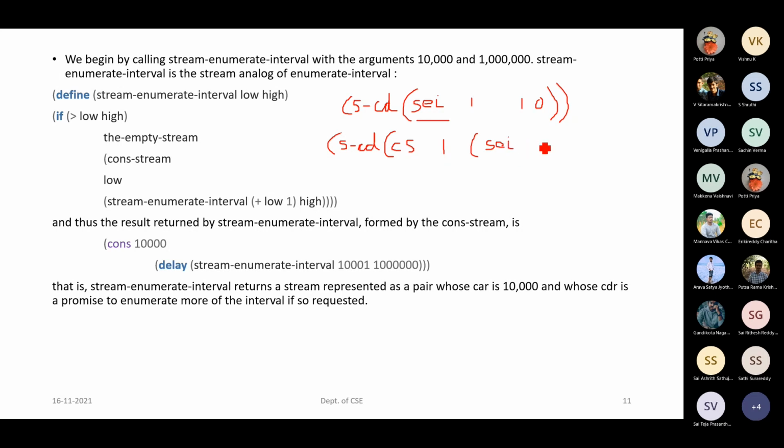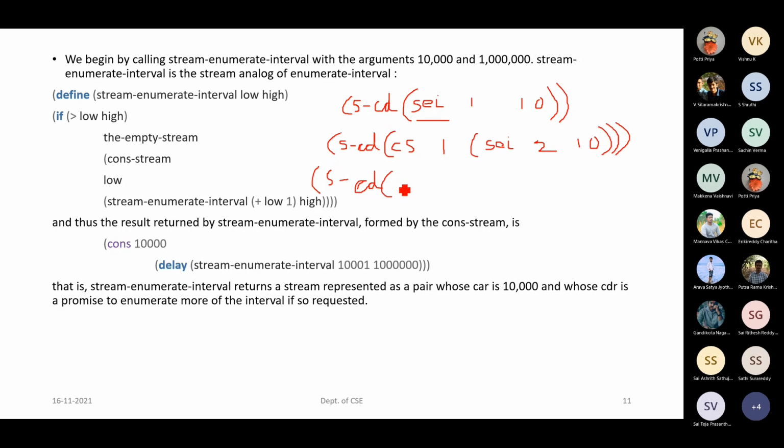The next value was 2, and the next value is 10, right? So when you see how this cons-stream will be written, this procedure call we haven't applied yet, so it will come as such.